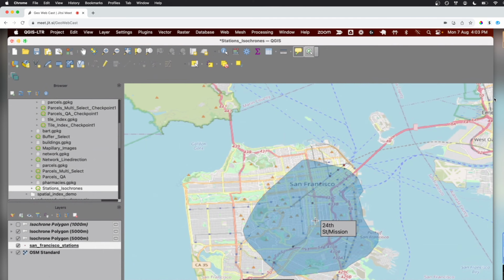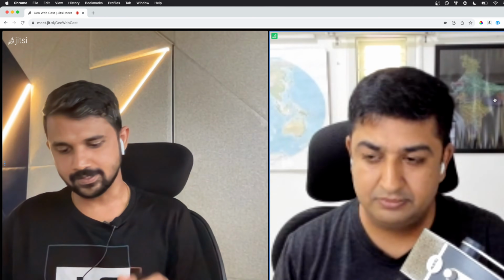So this is kind of my recommendation. When you get into QGIS development, use this. It's much easier to code, much easier to distribute. And once you have this and you get used to doing stuff, and you say this is useful, I want to now share it with the public, and they can plug it in, and that's where you go and write the plugin. Exactly. Great. This is amazing.